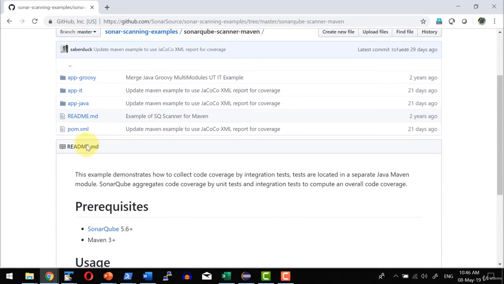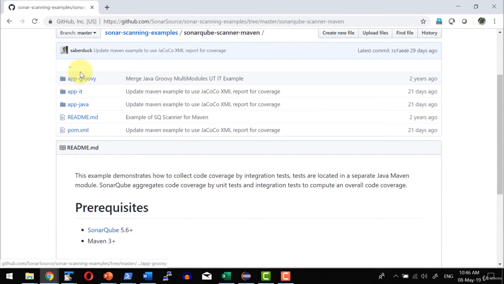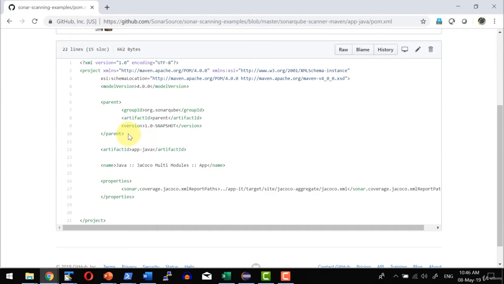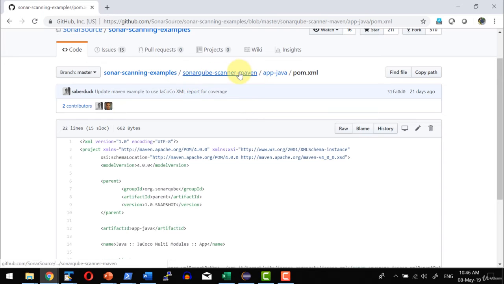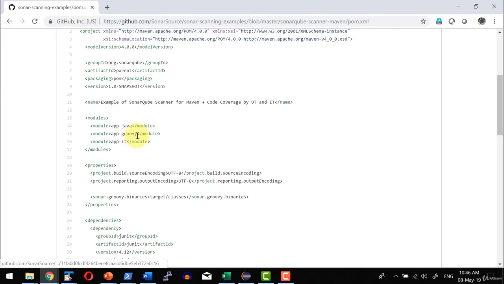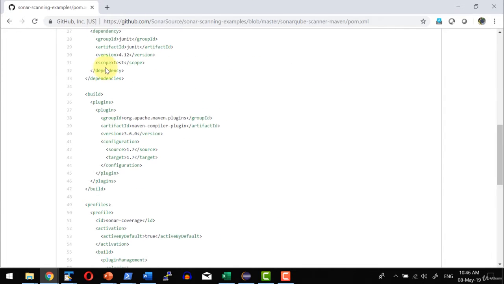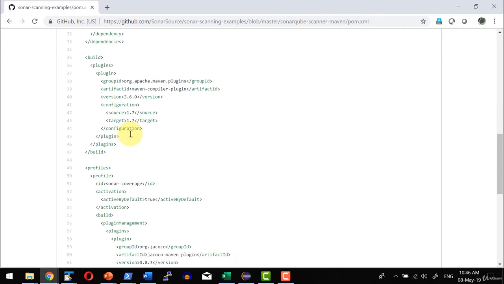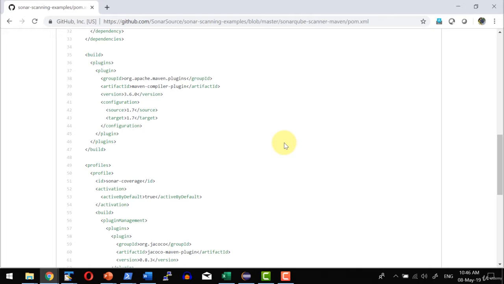If you observe carefully, I have a POM file and it has 3 sub projects. At this stage, let us not worry about the project. Say this particular Java project has a POM file, and that will have details about who the parent is, what the properties and dependencies are for that project. The same way, I have a POM file at the project level with the name of the project, artifact ID, and dependencies. It has a dependency on JUnit, what version of it, and all the sub dependencies it's going to download